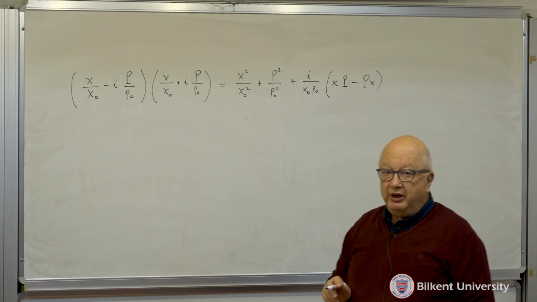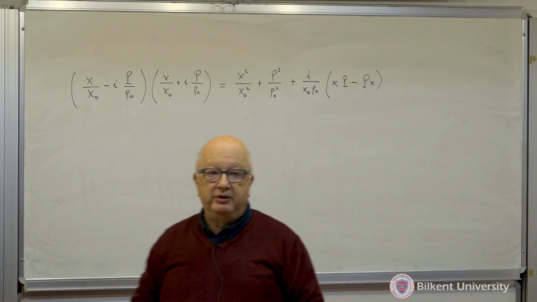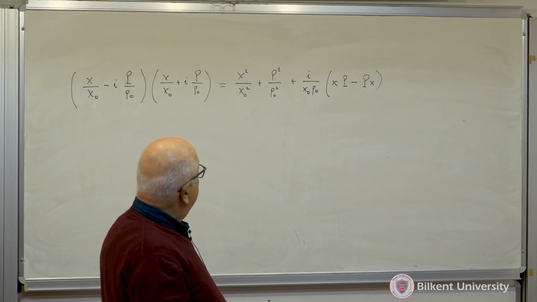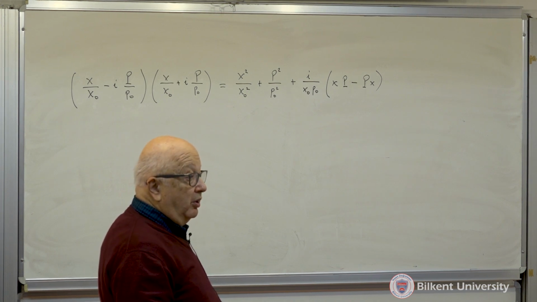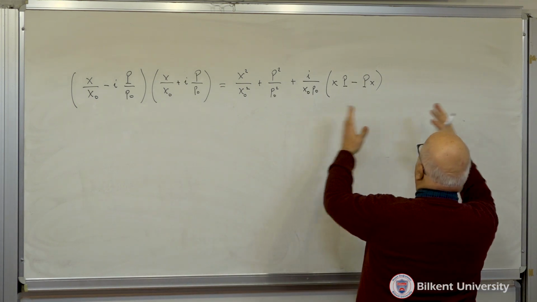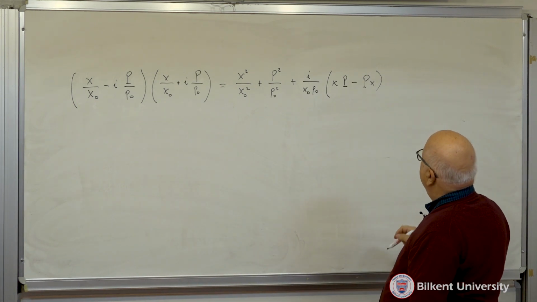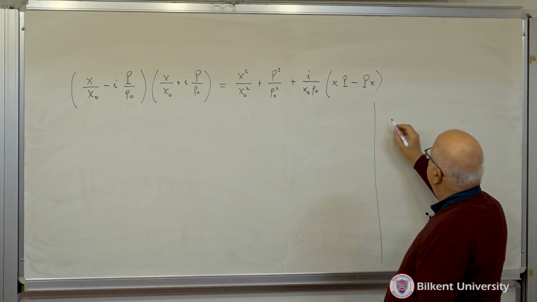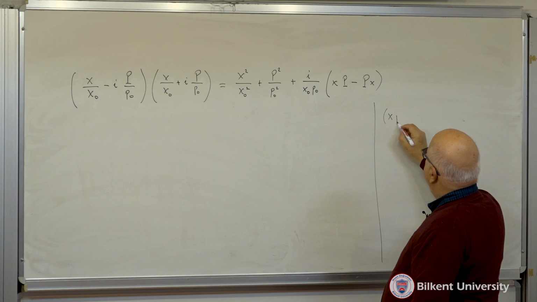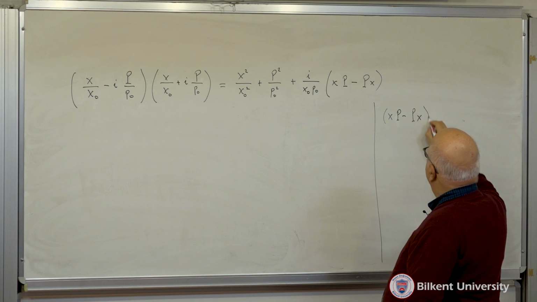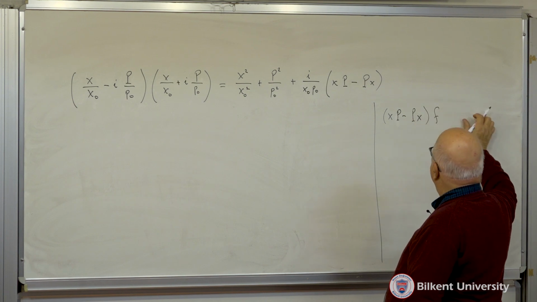Okay, so ordinarily if p was not an operator, I would say the second term is equal to 0. But since this is an operator and is meant to operate on something, I have to be more careful. So let's just look at that. If I have xp minus px, operating on any function f of x,